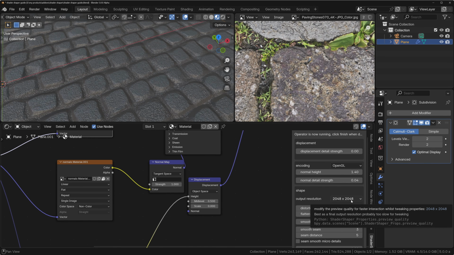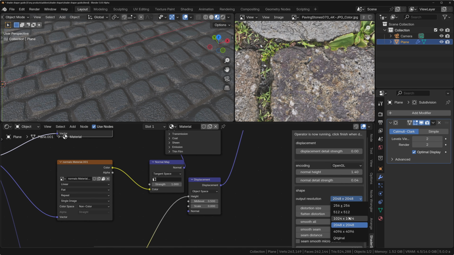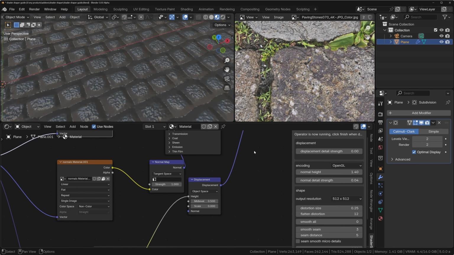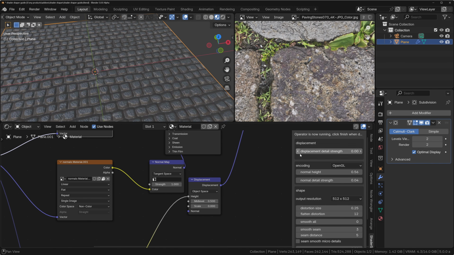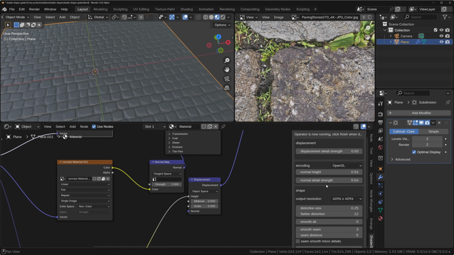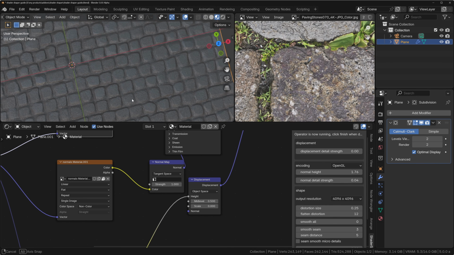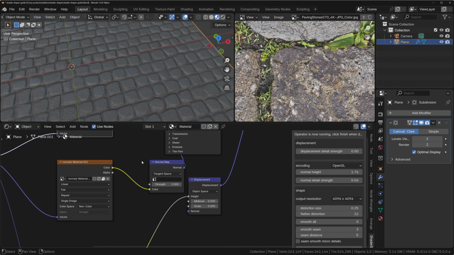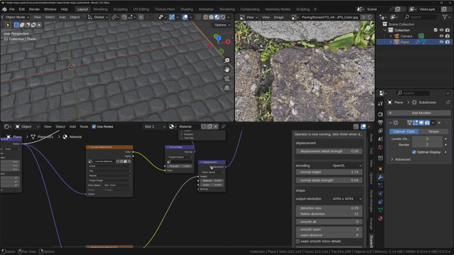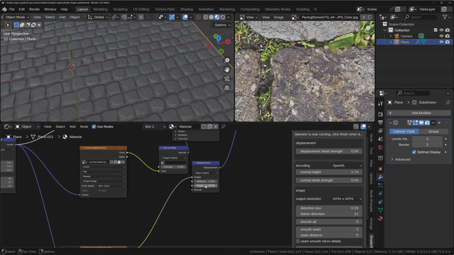If we increase or decrease the resolution, we need to modify this value here. So if I use a lower value, like for example 512, we need to reduce the normal height, generally. There you go. If I use a high one, so maybe 4096, you can see it becomes much flatter, in which case we'd need to raise this up a little bit, like so, and then we get all that height back. If you're using the normal map in combination with the displacement, so let's turn this displacement back on,